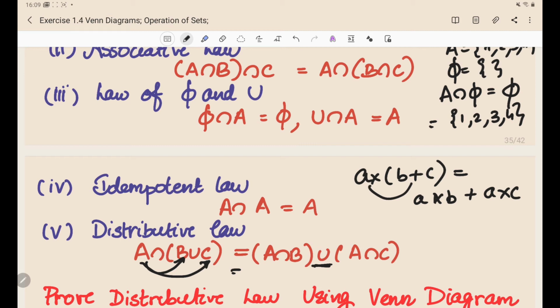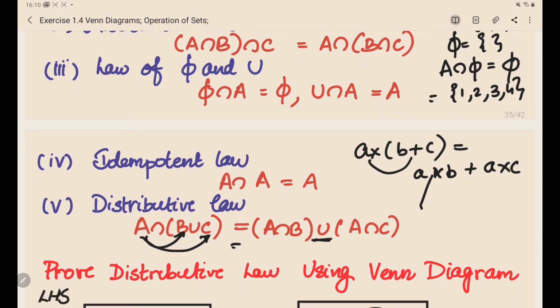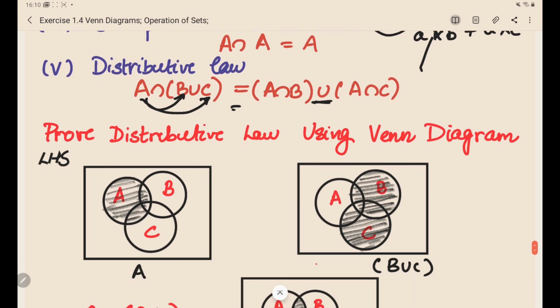If we want to prove this, we can also prove these formulas using Venn diagrams. That we will obviously do in our later sections on the exercise explanation. We will be discussing that in more detail. Okay. Now, the next one is to prove the distributive law using a Venn diagram. So, A intersection B union C. First, let's take three sets, and this is what?